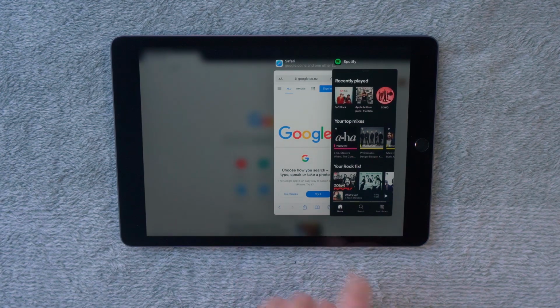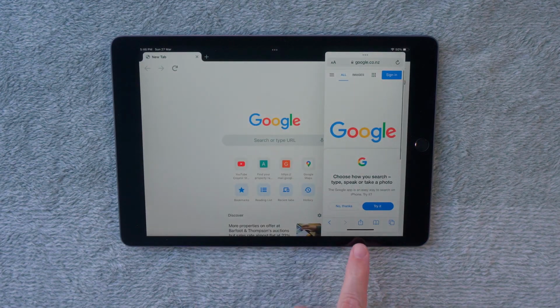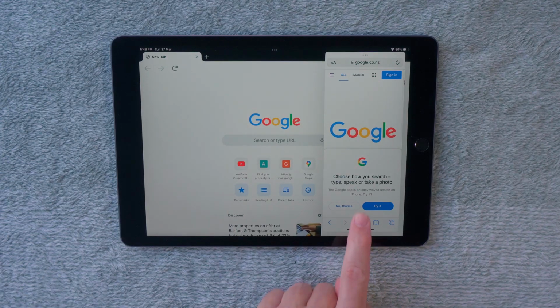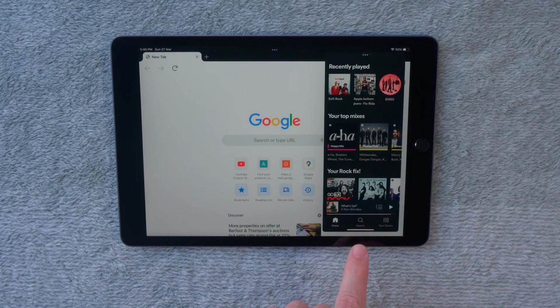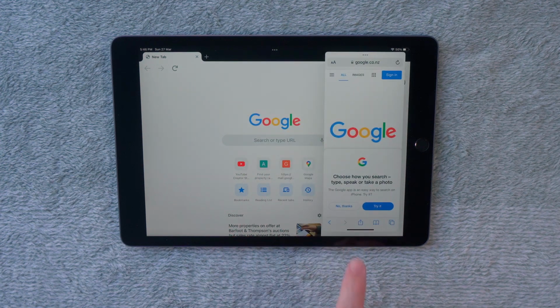What you will notice when you stack them though is that your most recently opened app is the one that goes to the top. So if you want to access the other stackable apps that you've got, swipe up from the bottom right hand side, simply select the one that you want to go to the top. You can actually really easily cycle through them as well. From the bottom right hand side of the screen, swipe up just a little bit, simply swipe left, and then that will bring the next app to the top. And you can keep doing that depending on how many stackable apps that you've got.